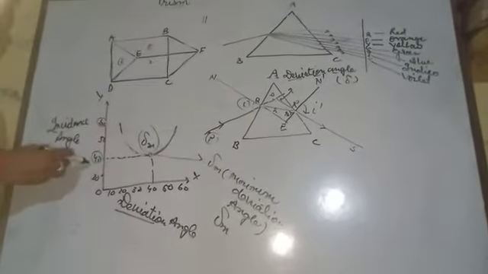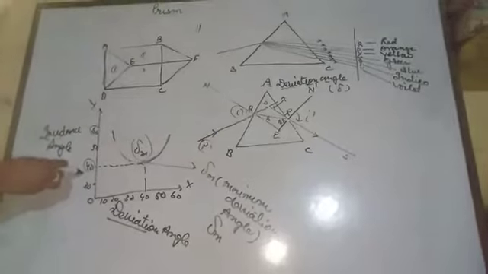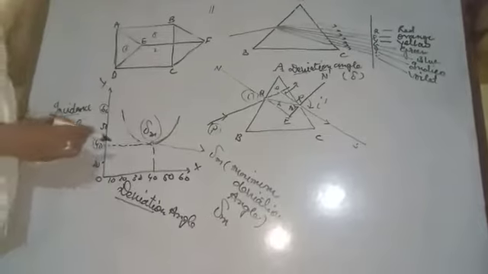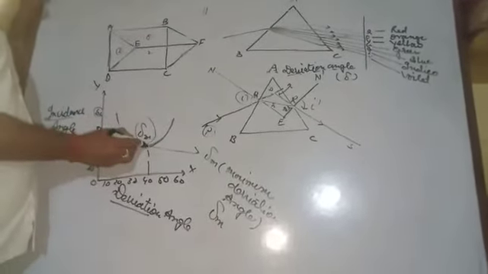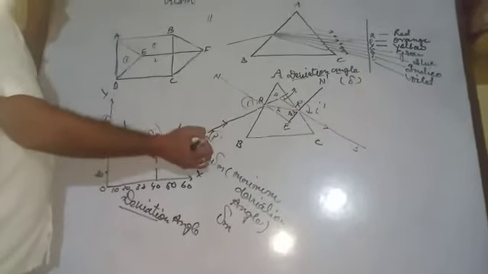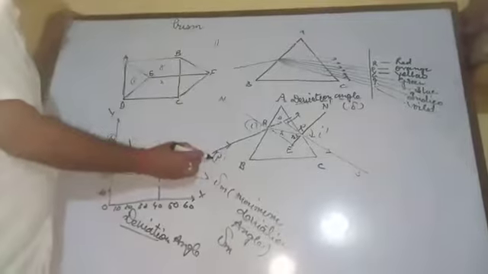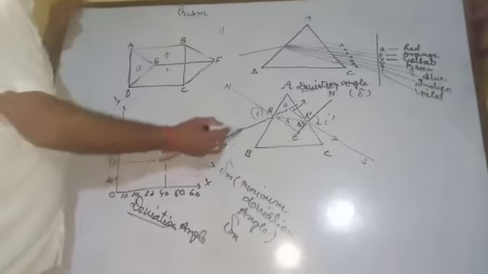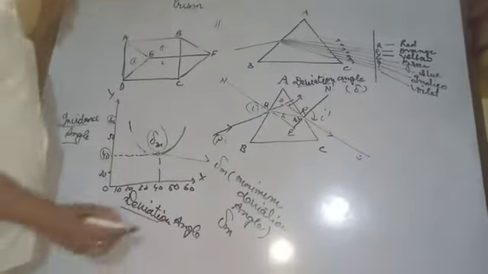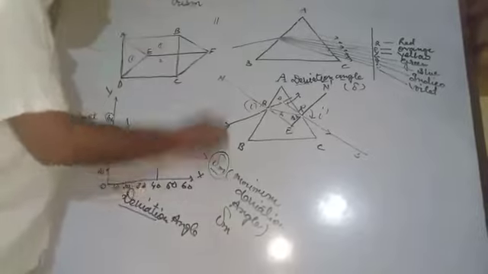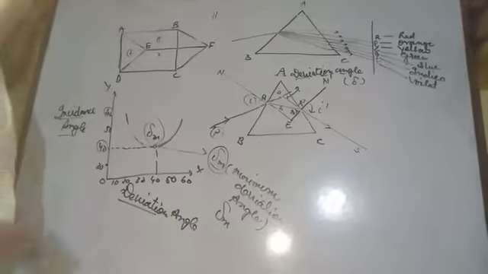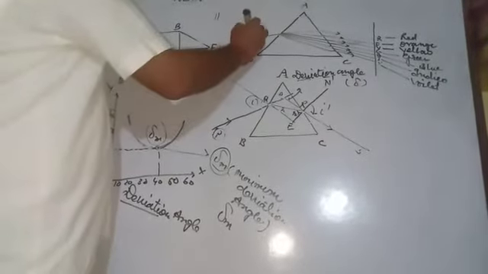So at a certain special incident angle, when the deviation is minimum, the deviation angle formed between the incident ray PQ and emerging ray RS is called minimum deviation angle. You know that when a white light ray